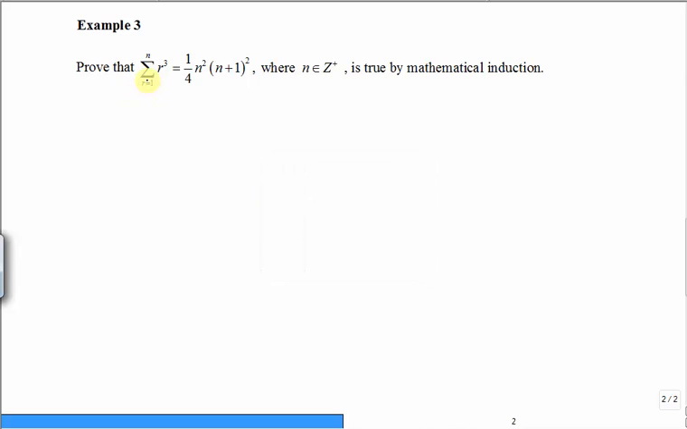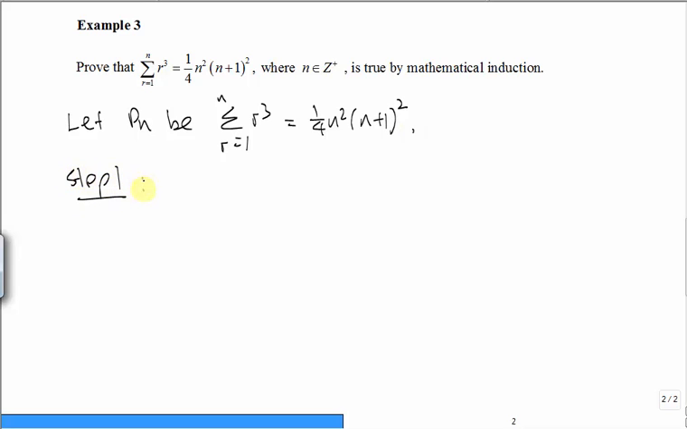We are supposed to prove by mathematical induction that the summation of r cubed from r equal to 1 to n will give us this expression here. Okay, we let Pn be the given expression first. Then for step 1, which is the base step,